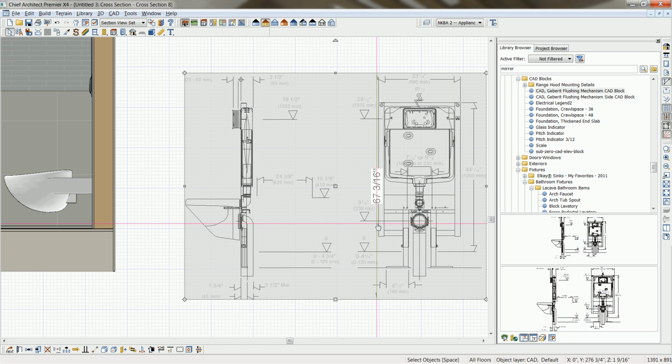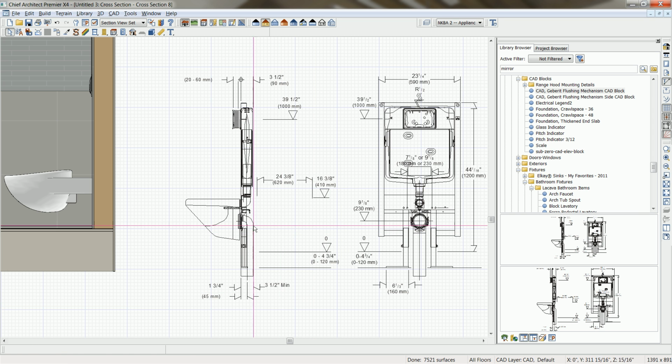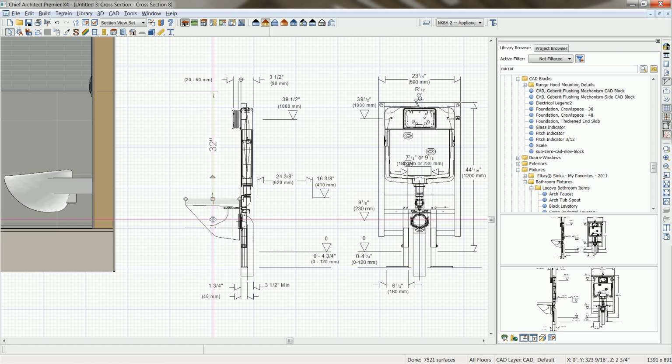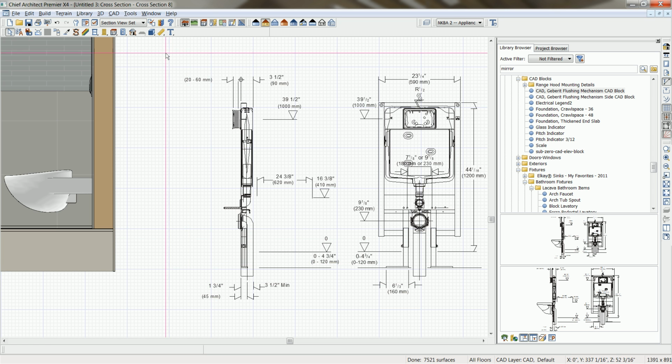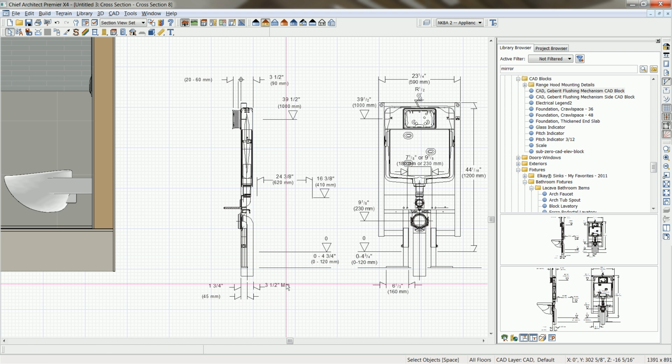Now, these details can be unblocked, which I'll go ahead and do, and I'm going to customize this a little bit. So I'm going to grab the detail that's in wall. Since I already have the cross-section with the bowl on it, let's remove the bowl off of our detail here. So I'm going to just hit the delete key. I'm going to reblock the rest of that detail that I have unblocked. And then I'm going to use what's called a point-to-point move so I can precisely locate that in the wall